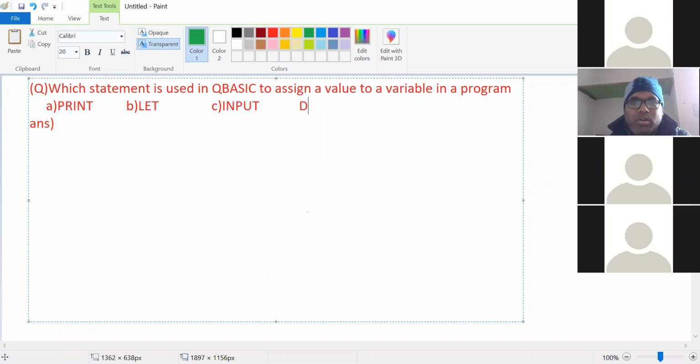Input, and D is rem statement. So which one is the correct answer? Which statement is used in QBasic to assign a value to a variable in a program?